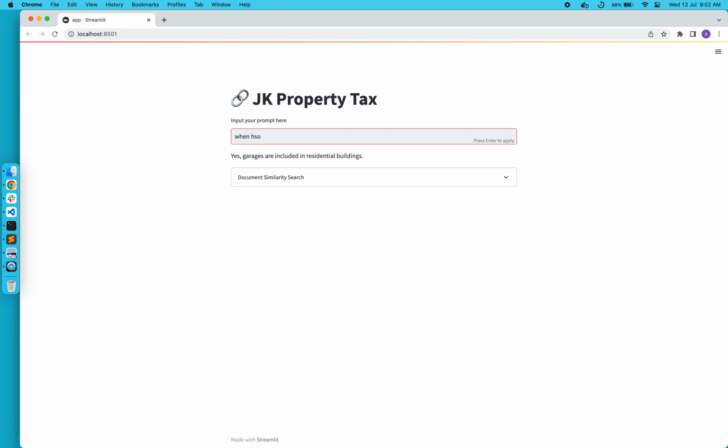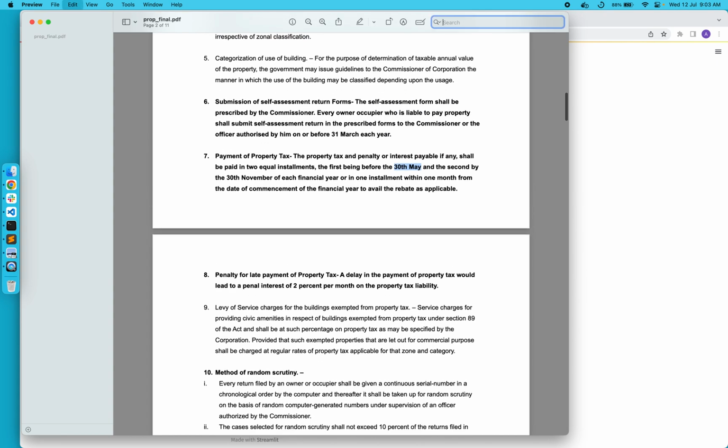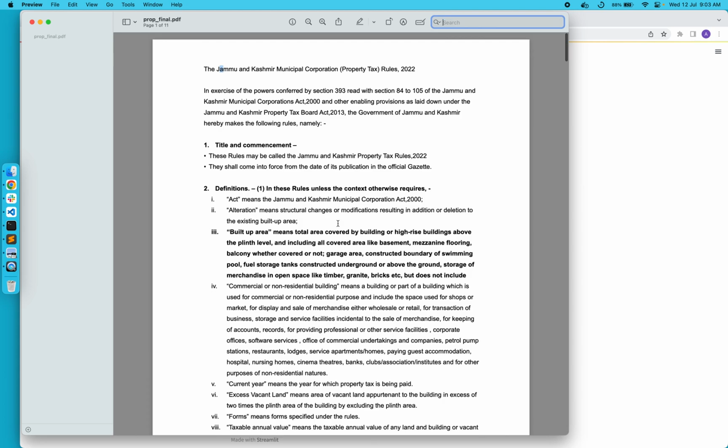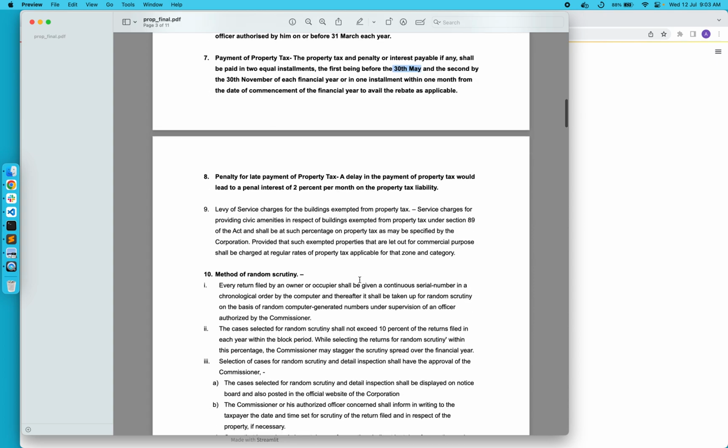When should I pay the first installment of property tax? Alright. It's a little bit vague, as in I'm not asking the actual date for it. So let's see what it will give. Okay, so it gives me that it is due on April 15th, and I think it got it from somewhere inside of this document itself, which might be mentioned here.